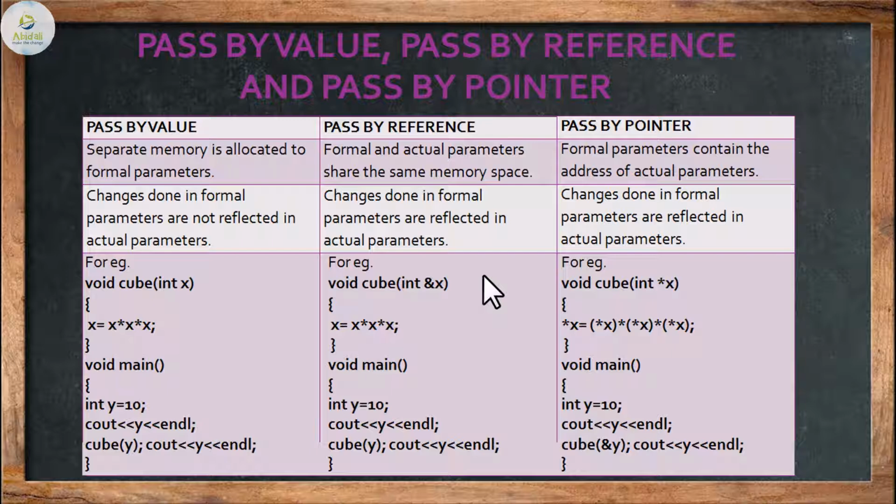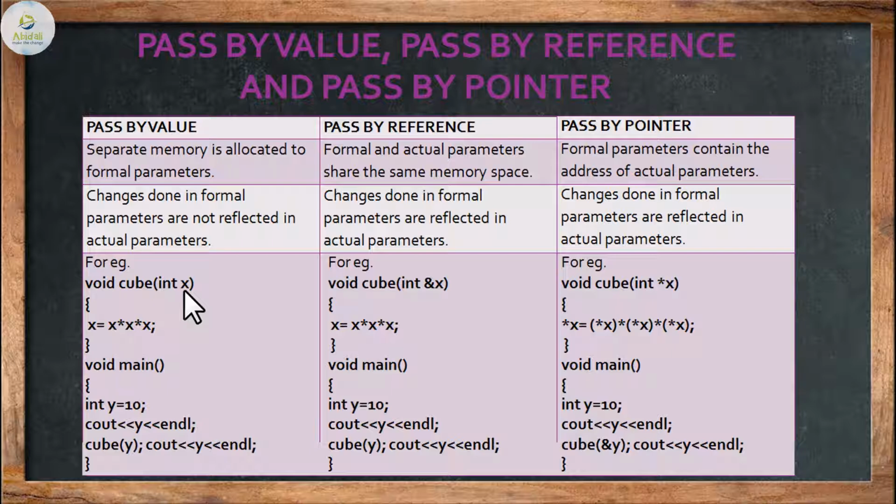So the next very important concept to be analyzed and understood is pass by value, pass by reference, and pass by pointer. Okay, it's just for knowledge's sake. No questions will probably be asked from this particular unit. Now what is pass? Passing is nothing but giving. So where do we pass the values? When I take the words pass the value, pass the reference, or pass the pointer, we are talking about functions.